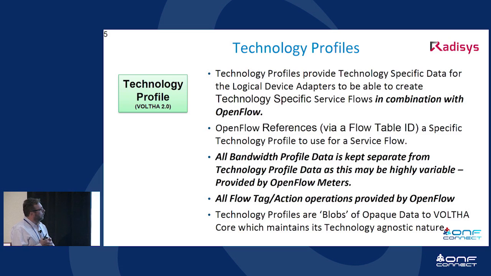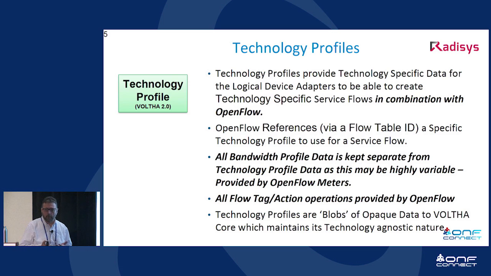So OpenFlow can define, as I said, the match action rules on the interfaces. OpenFlow also has the concept of meters, so I can define upstream and downstream QoS parameters. And I can combine that with my technology-specific attributes to create a service that has all the capabilities